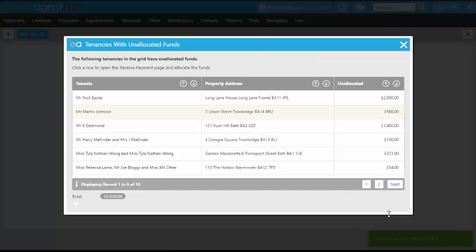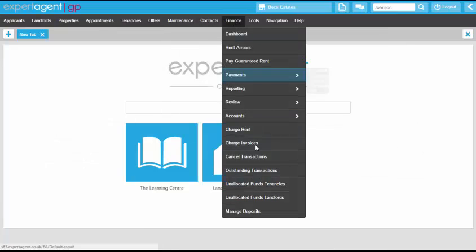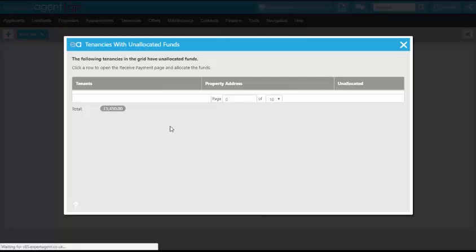We've got an outstanding rent charge, so I know that that rent that's been paid today is for Mr. Johnson's November rent charge. So I can simply tick alongside that rent charge. That changes our unallocated amount to 0 there, and I can save. Okay, if I close that list and reopen it again,